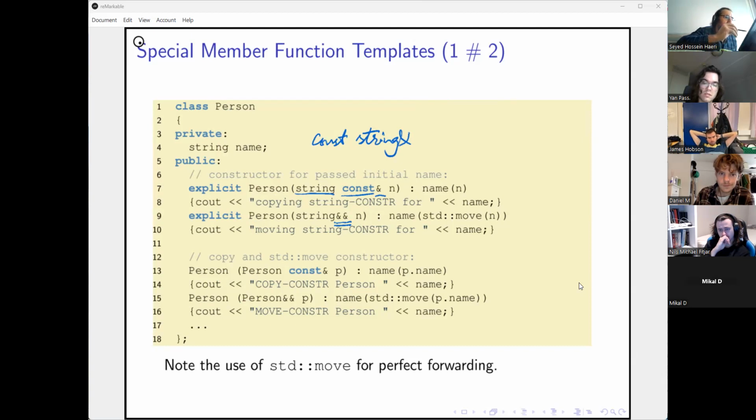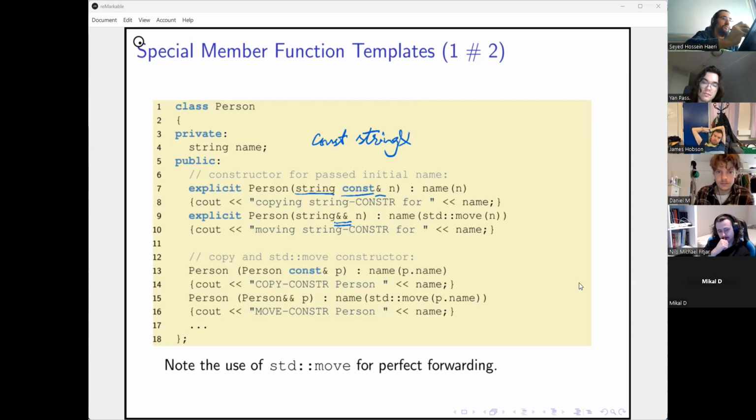The second pair of constructors are what are called the copy constructor and the move constructor.